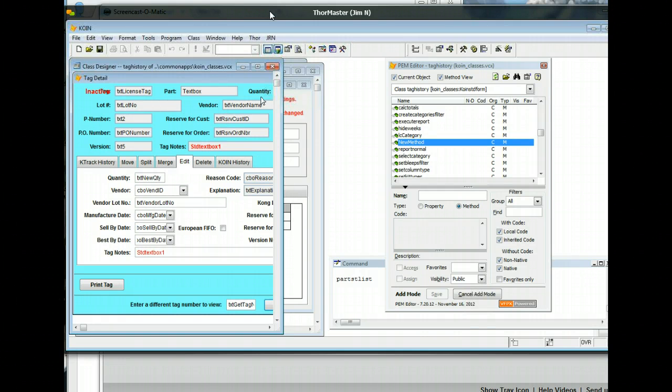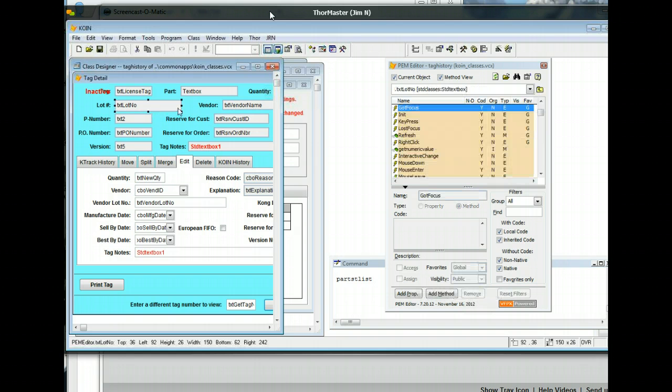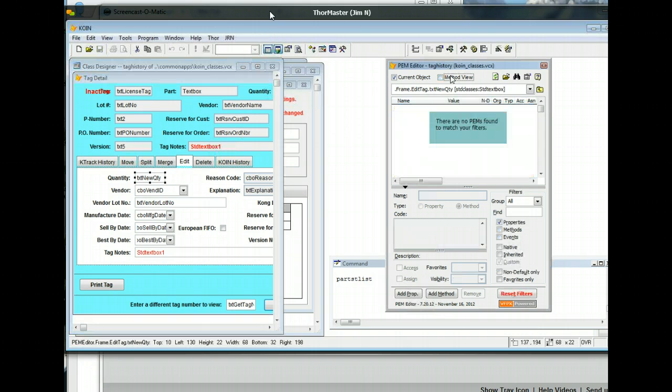Now the next thing I can show you is that you notice that this says class history. That's the class tag history, and like the property window, when you change from one object to another, the PEM Editor form will get updated with that object. So yeah, I'm going to go back to where I see, well,